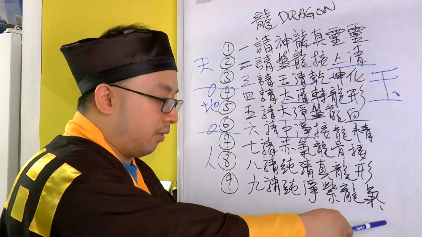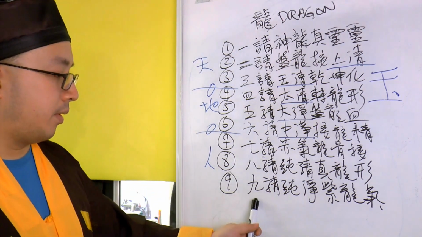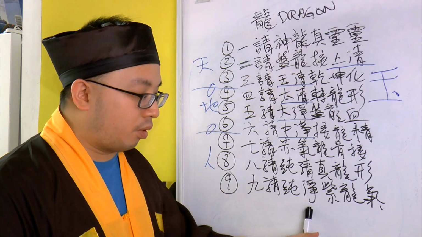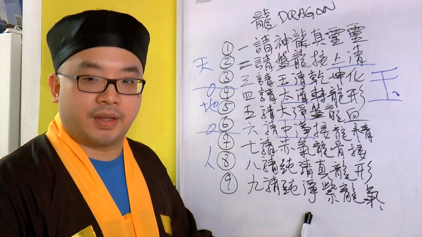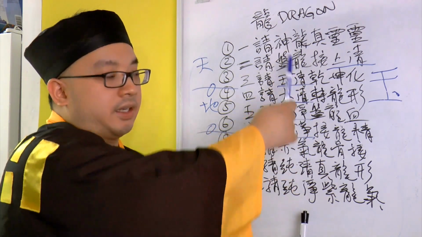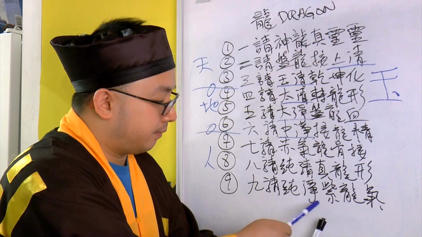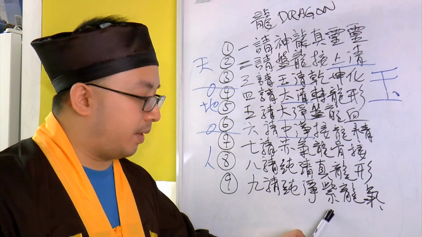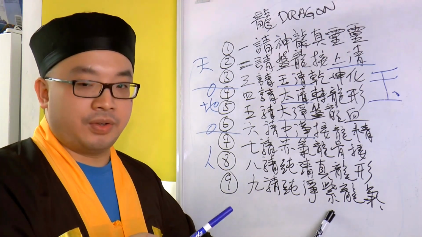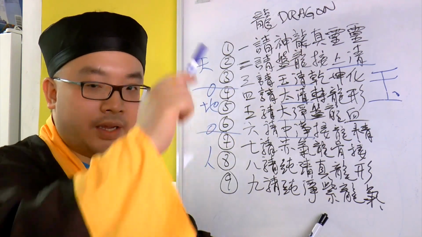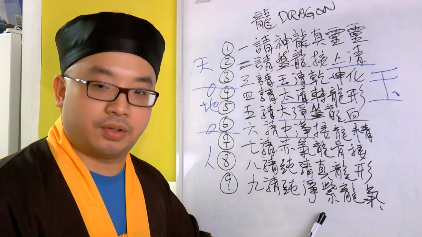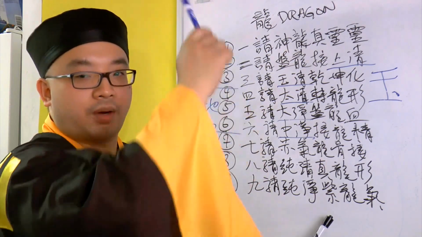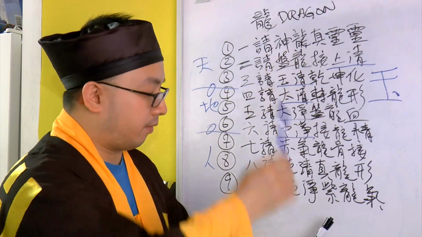九請純正紫龍氣. Now, this one, number 9, the stage here. 純正. You remove all the stuff and you process. You keep processing after removing. You keep processing all these things you wanted to do. 紫龍氣. 紫 can be purple, but it's not purple. Now this one means, at this stage, you keep passing on and inheriting, like a dragon. Keep doing. 紫. This is like lightning, very fast. Keep going. 1, 2, 3, 4, 5. 紫, very fast, going 1, 2, 3, 4, 5, go down.